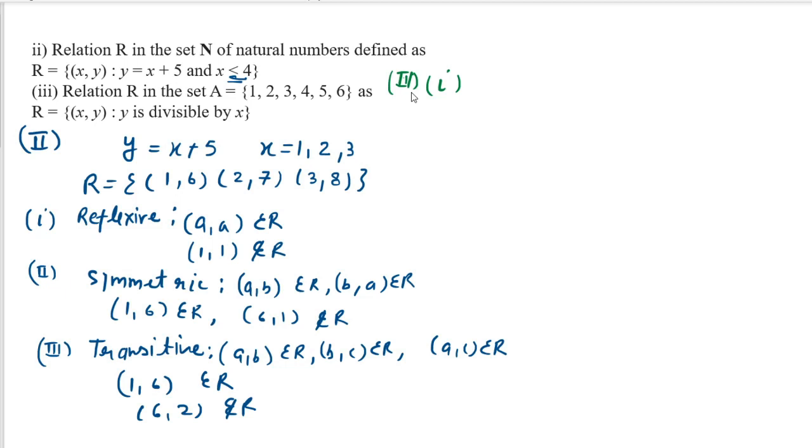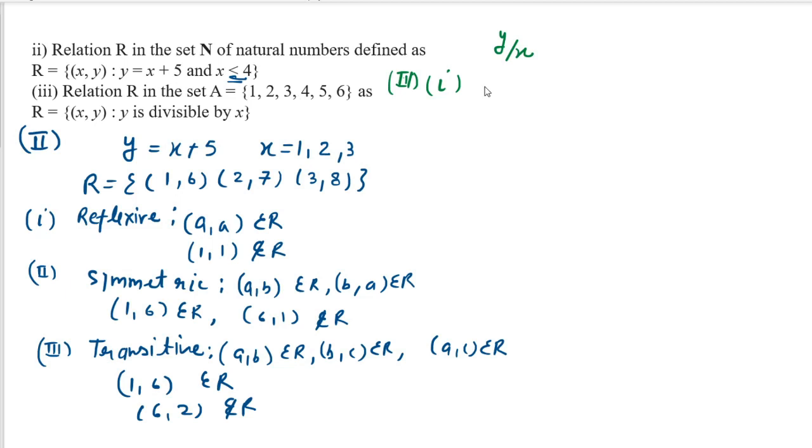So let me tell you one thing, children. What is given here in your set? It is given here (x, y), which is from 1, 2, 3, 4, 5, 6. If I talk about any number, y is divisible by x, that is the condition given here. So children, you can see there are many pairs you can take, like (2, 1), like (1, 2), (1, 3), (1, 4), (1, 5), (1, 6). There are many numbers which are divisible by x.